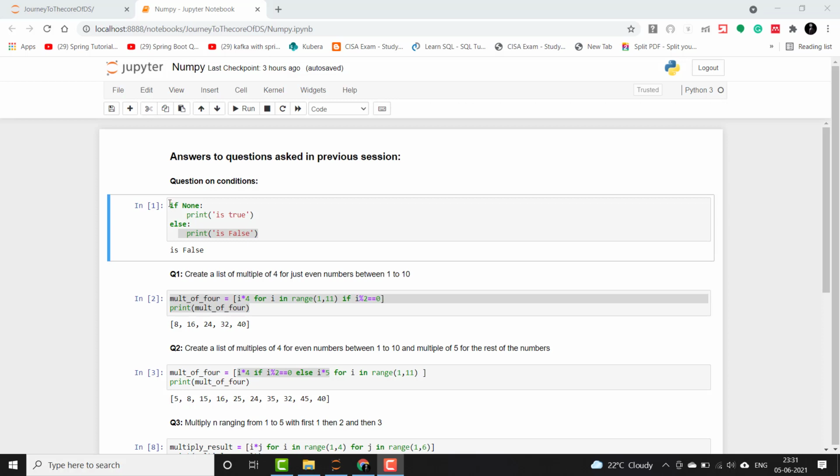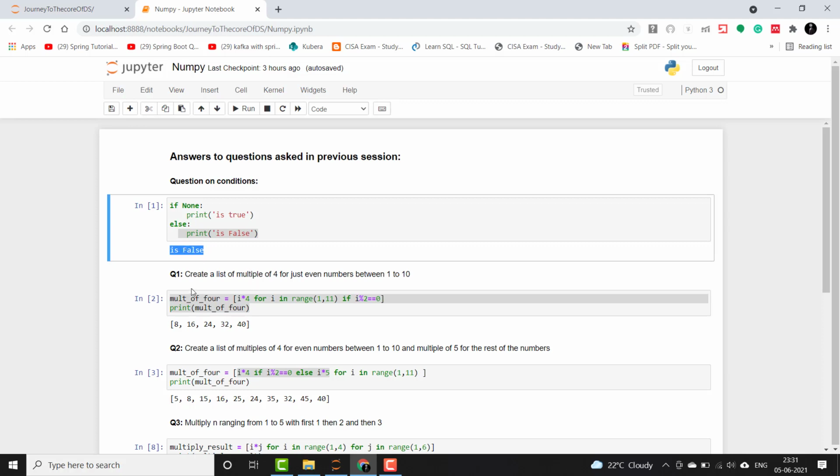The question read as: the if had a None condition there and an else. None you can regard always as a false condition, because what is not true is always false. So if None is true, else is false. It will always come to false here. Thus it is printing this.